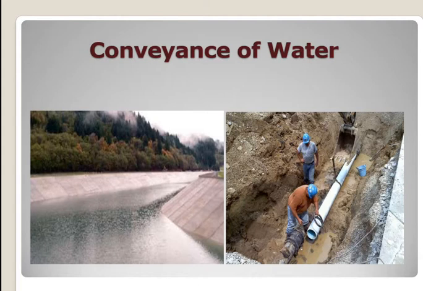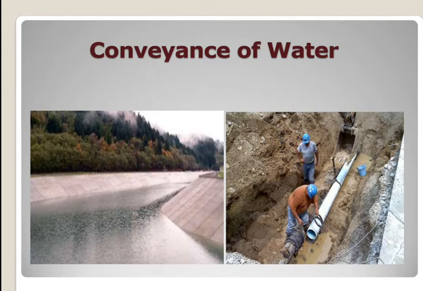Now in cases where the source of water supply is a river or a reservoir, and the town is situated, say, at a higher level, then the water will have to be pumped and conveyed through pipes. We call them pressure pipes. If the source is available at a higher level than the town, it will be better to construct the treatment plant very near to the source and supply the water to the town by gravitational force only.